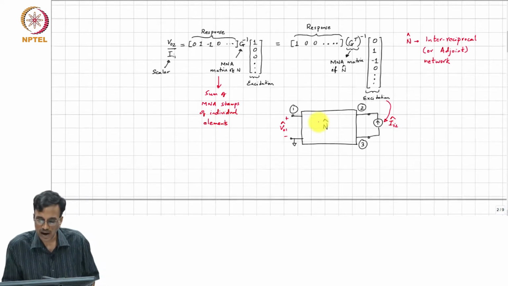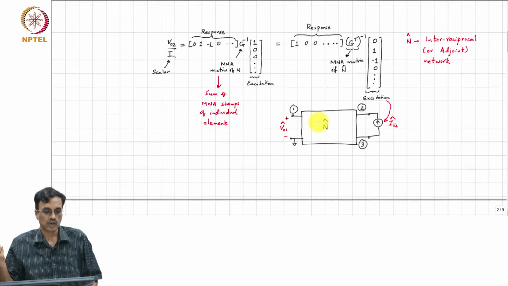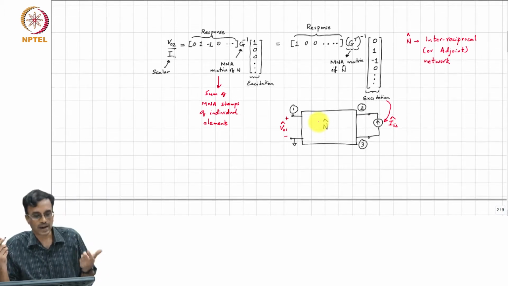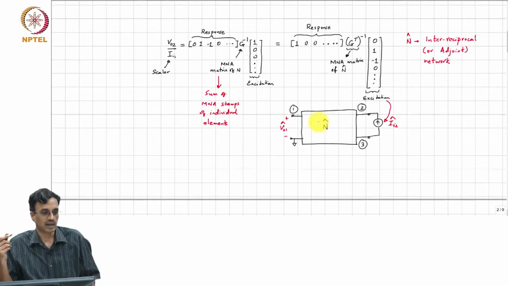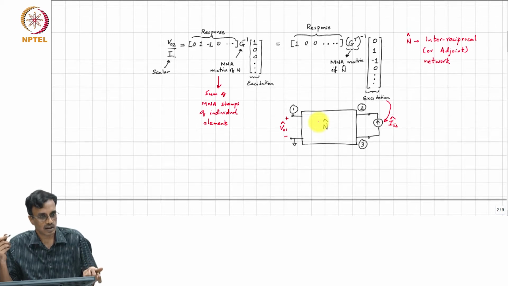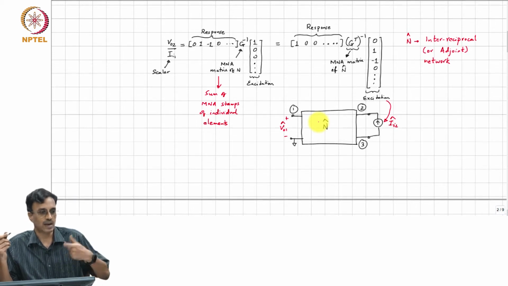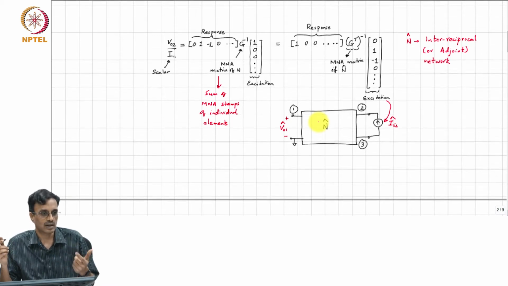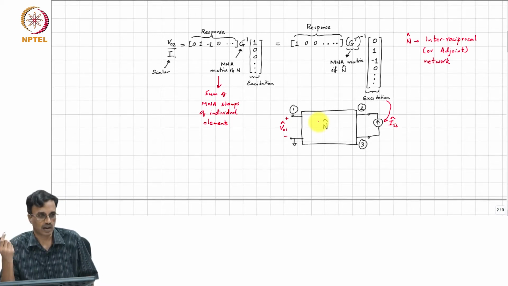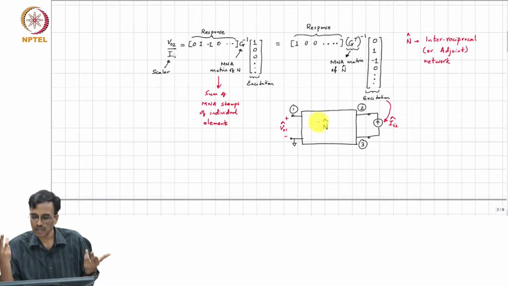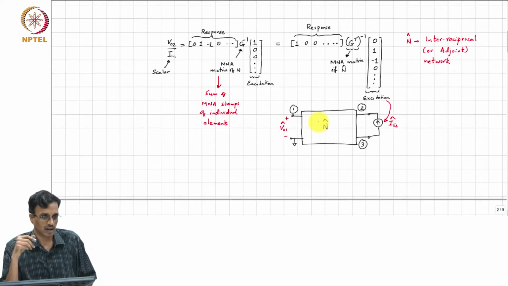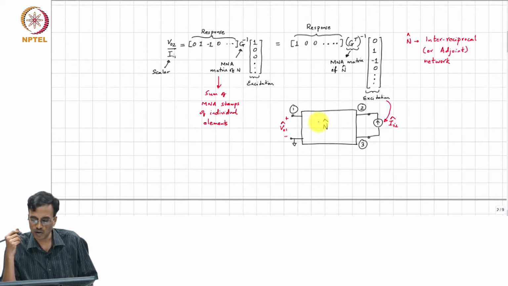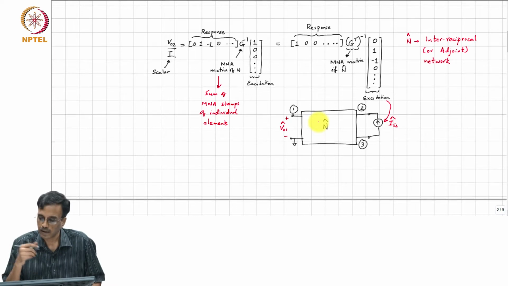And now n hat is the transpose. So, in other words, to form n hat, you basically replace every element by an element whose MNA stamp is its transpose. So, if you have a 2-terminal element like a resistor or a capacitor or an inductor, they all remain the same. With controlled sources, you flip the orientation. We have seen how to derive them, right? Okay.